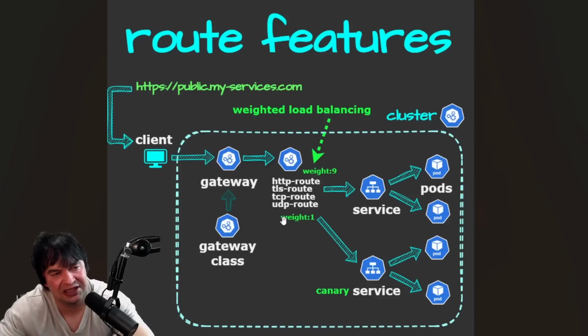routes is that you can specify as a developer that I want different load balancing weights on my server. So I can do something like a canary deployment in this example. I can make my TLS route a weight of 9 and send it to this top service over here, and I can set a weight of 1 to a new service, basically doing something like a canary deployment as an